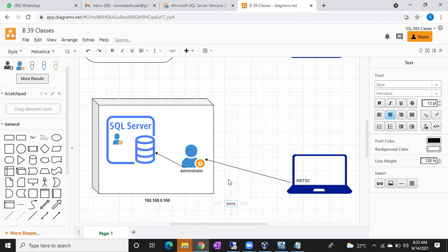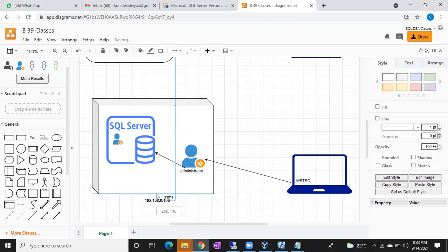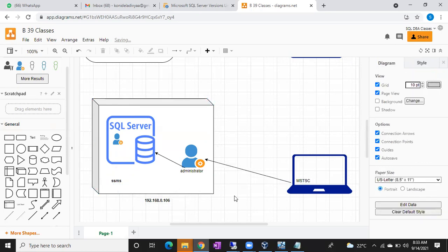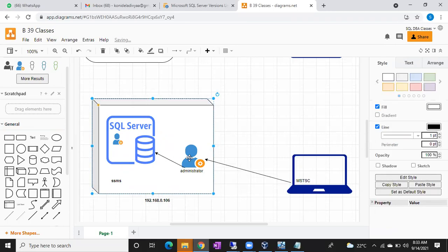You will type SSMS, right? In the server, you will type SSMS. And then you are going to connect to the SQL Server, right? So if you choose Windows authentication, it is not asking username and password. Why? Because you have already logged in with username and password successfully in the Windows machine.